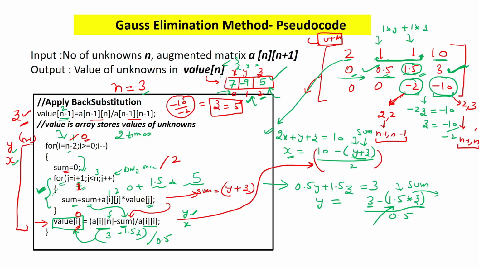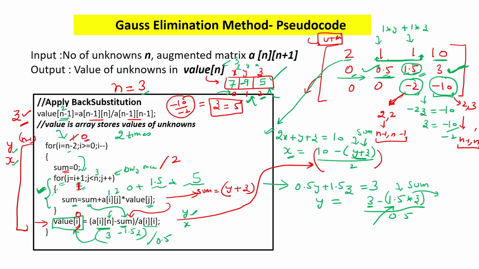So what is the last step? You can just print this value array to show the answer of x, y, z. So I think you have now understood how we have implemented this solution using the pseudocode. And you can also find the relation between mathematics and computer science, how beautifully computer science can implement the mathematical relations in the coding.